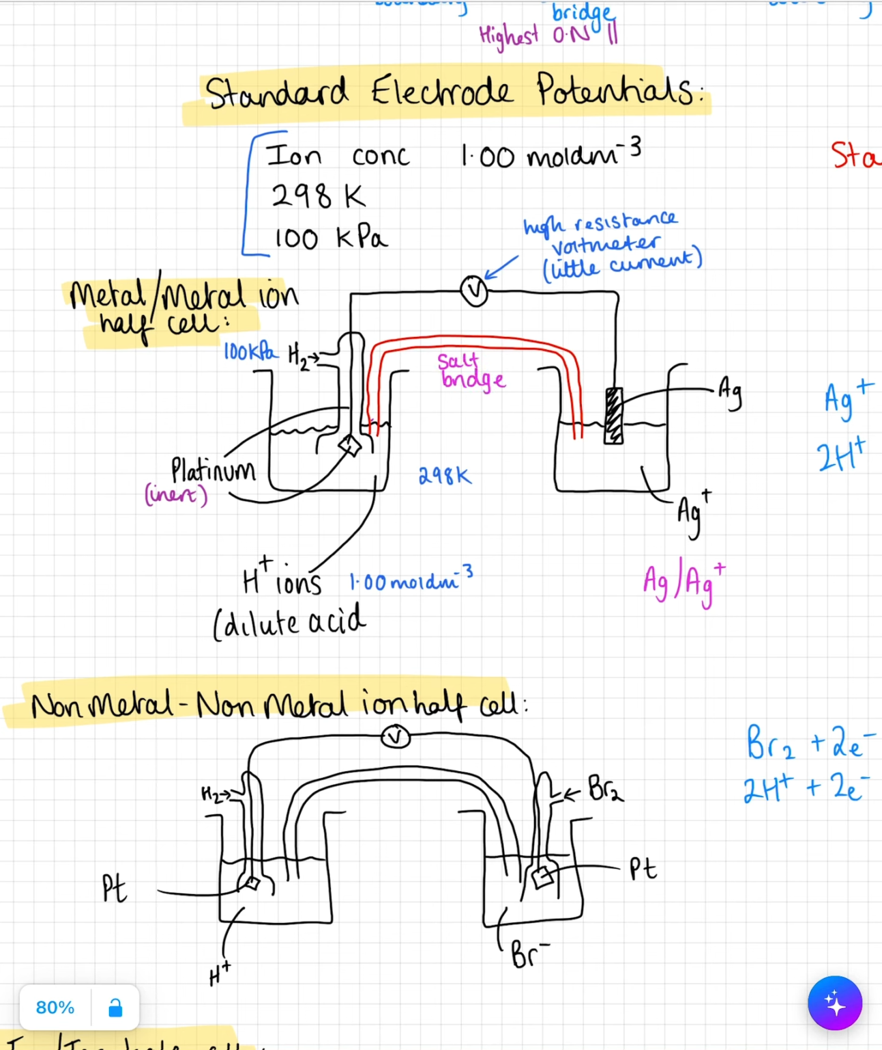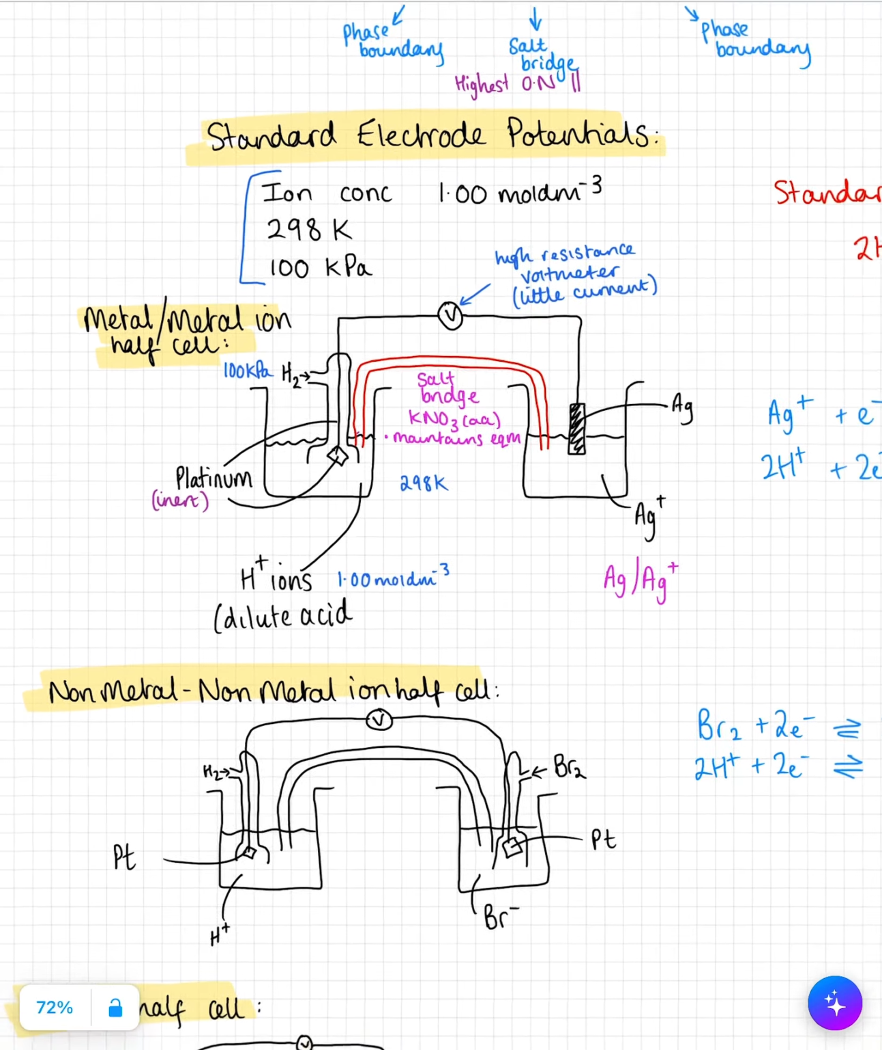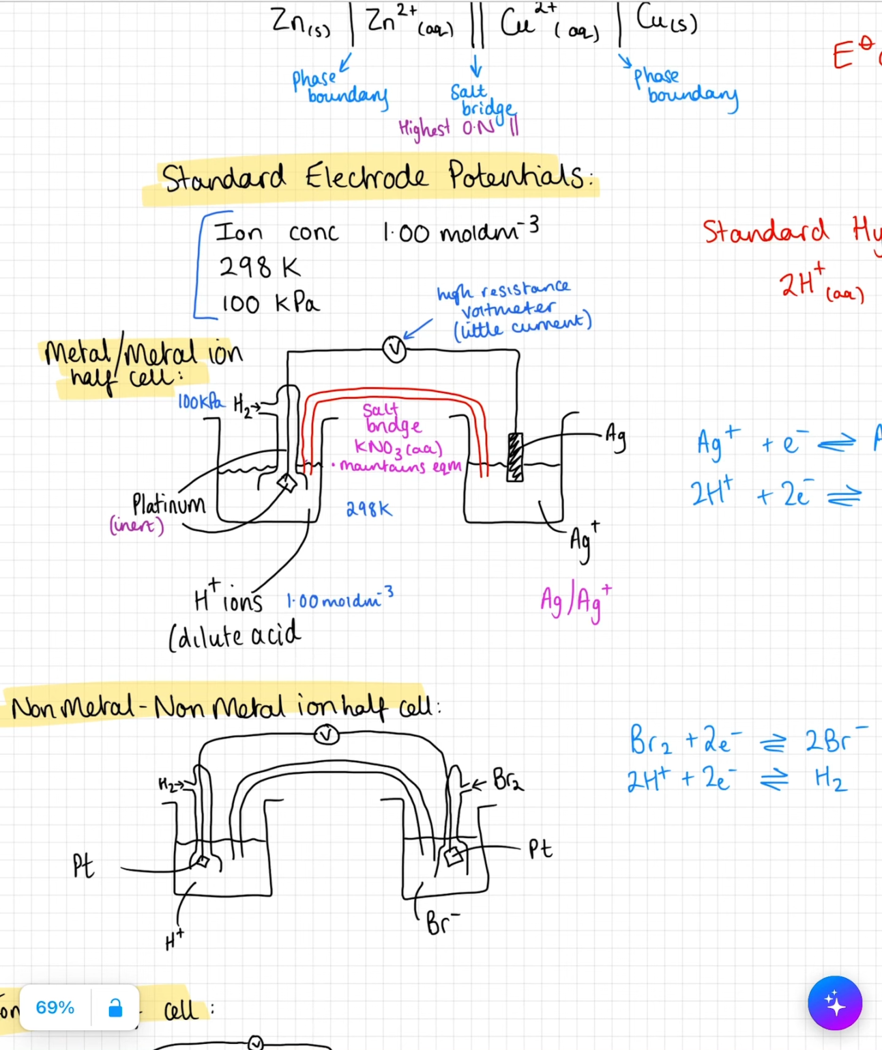Now our salt bridge typically uses potassium nitrate solution. That's because all nitrates are soluble. So we will always have a soluble salt placed in the salt bridge. What this does is it maintains equilibrium. Now, if this was not potassium nitrate, and let's say for example it was potassium chloride as the salt bridge,